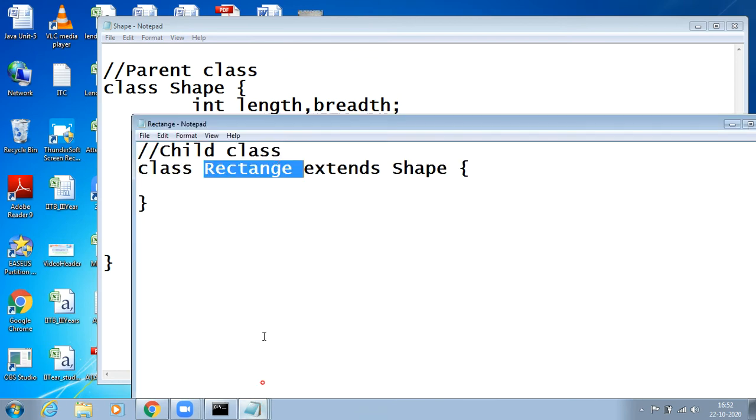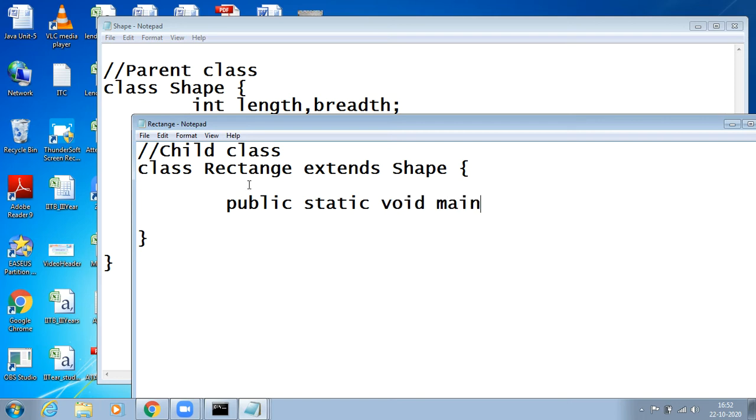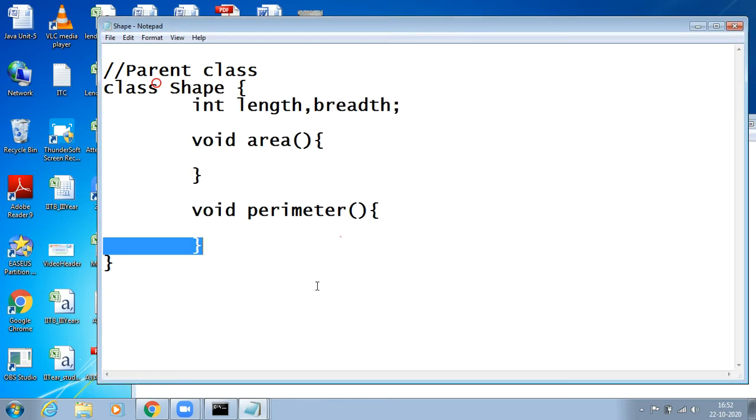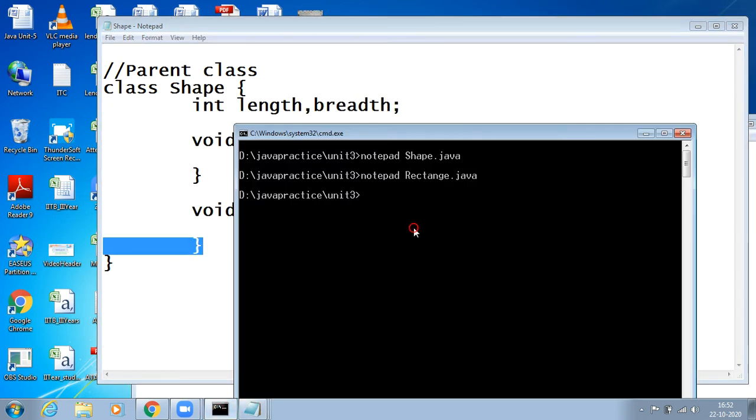Simply create a main method here: public static void main(String args). Now in order to use this class, first compile the Shape class. How to compile? javac Shape.java, and now javac Rectangle.java.